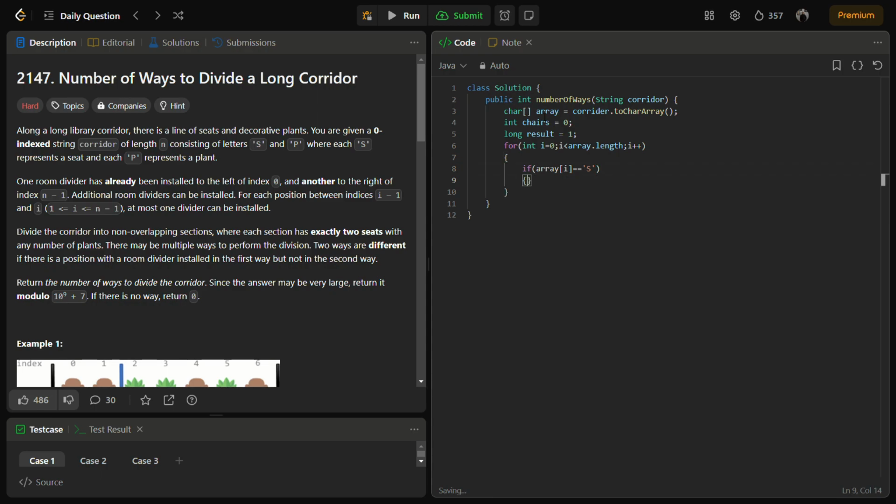Okay, we have found the first seat here. Then what we'll do is chairs plus plus, because we have found the seat. Then we have to advance to the next seat, ignoring the plants in the way. This was the step. So for this, what we'll do, while i plus plus is less than,